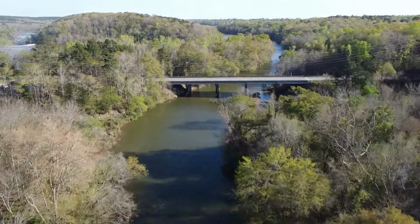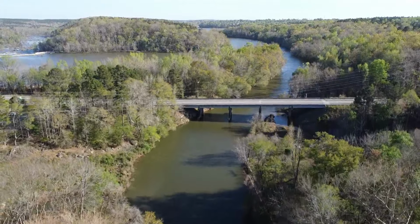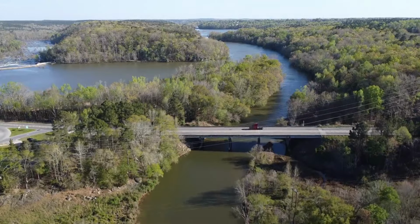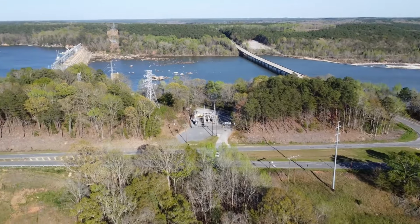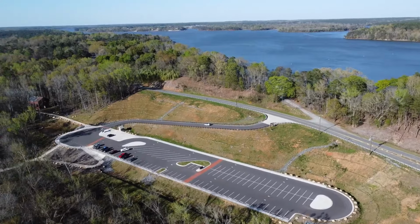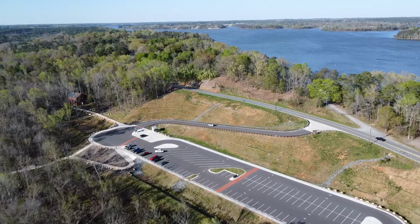So that Fishing Creek is where the Nitrolee access is being constructed, and that's how people will come down Fishing Creek, they'll turn to the left and come over here, and the safe motor bypass will be right there. You have a parking lot that's about 100 spaces. It won't be just outdoor recreation,